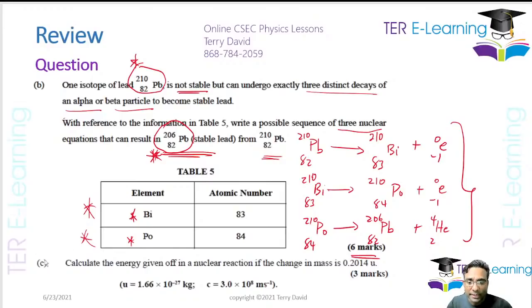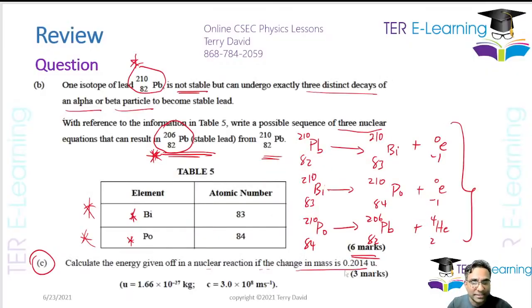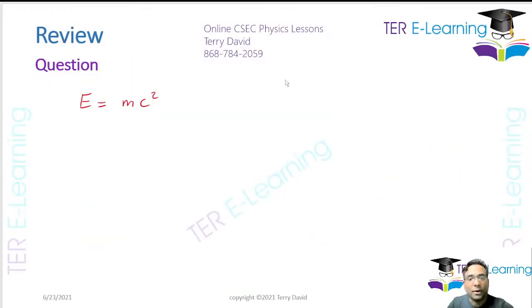Now, let's look at part C of this question here. They said calculate the energy given off in a nuclear reaction if your change in mass is 0.2014 U. Sometimes they ask us to calculate the energy changes in a nuclear reaction, and this is the formula that we have to use, E = mc squared. And that is Einstein's equation, right? Now, in this question, they told us the change in the mass. It is 0.2014. So m is equal to